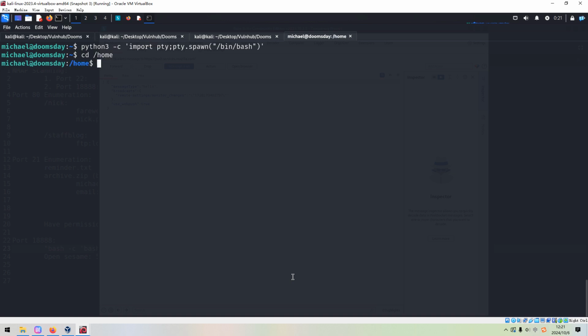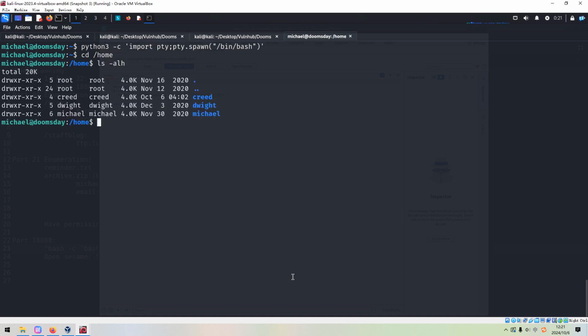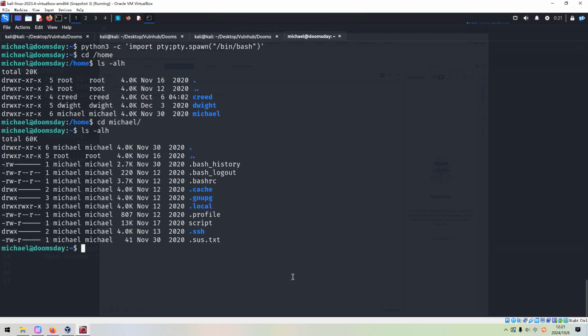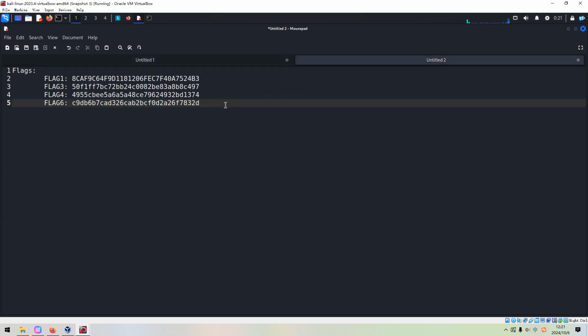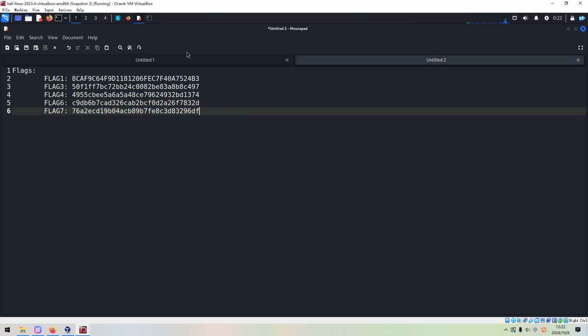Now, if we go to the home directory, no problem. So now we can go to Michelle, and then we can get this. We can get the 7th flag. Great. So we can paste over here.